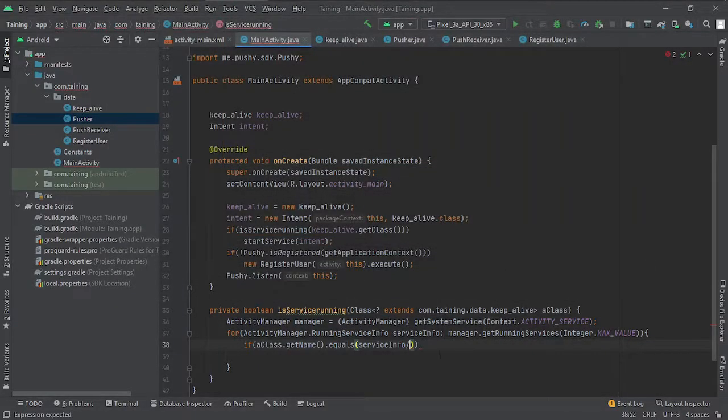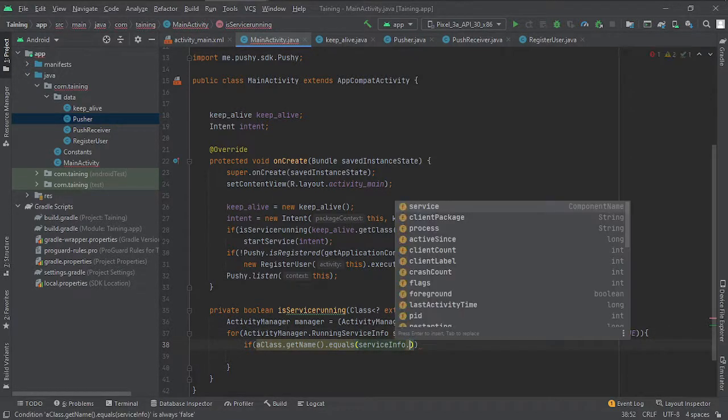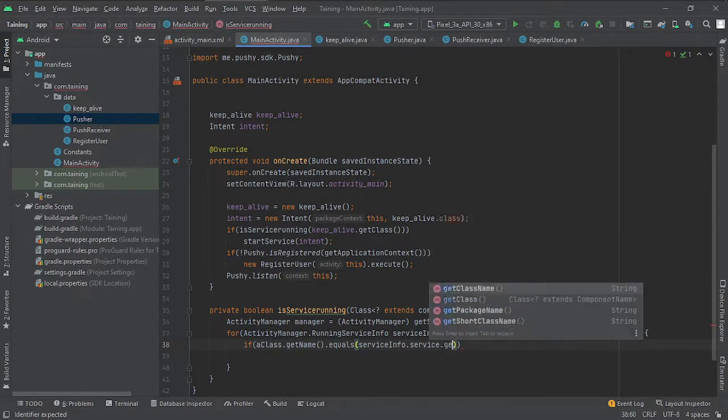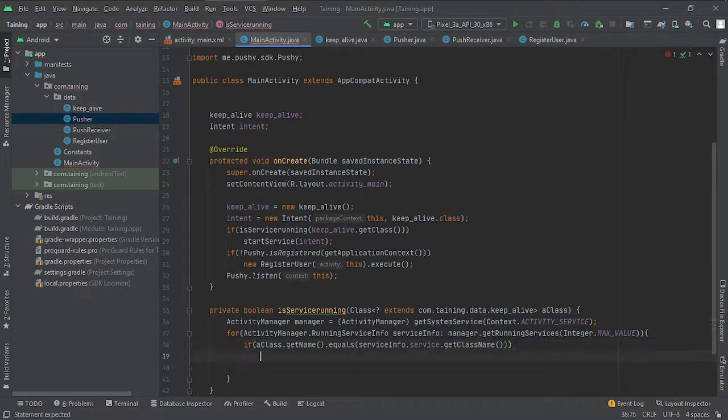Alright, so now we say service info, which is the object of this class, dot service dot get class name. Then if it matches, we say that yes, our service has started. We say service is